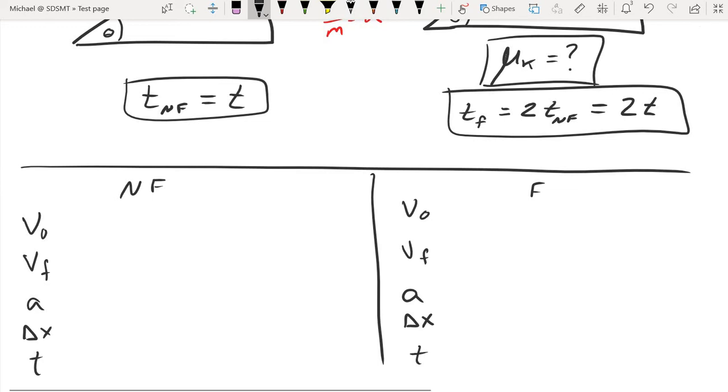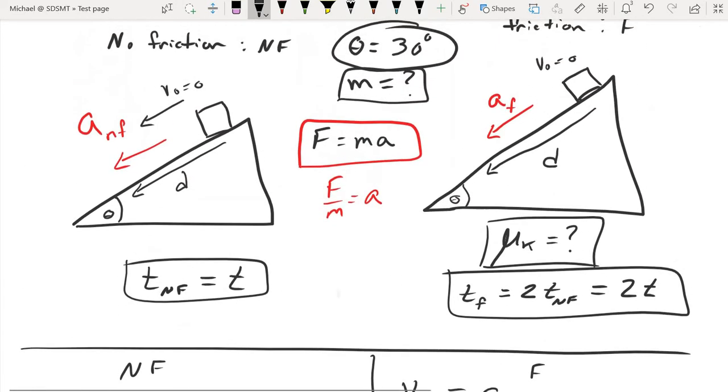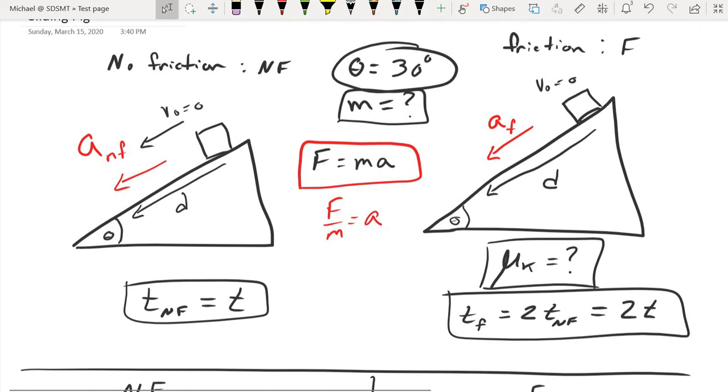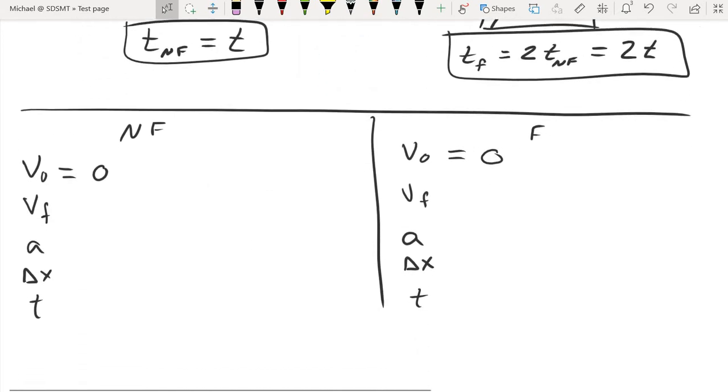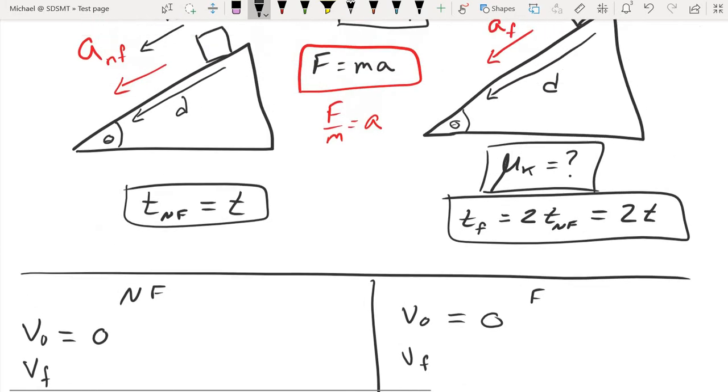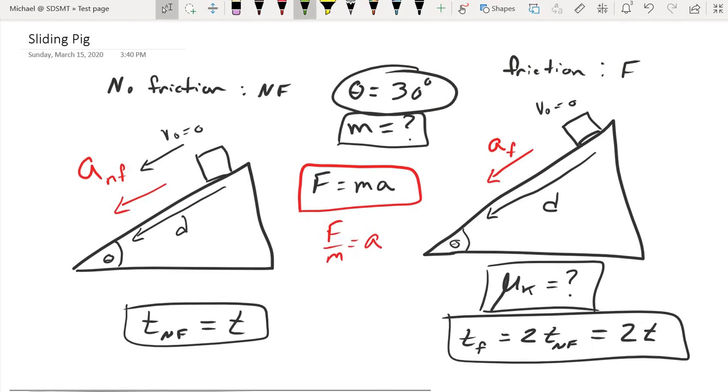Now these values are slightly different because of the friction, but we do know that the initial velocity is going to be 0 in each case. We don't know how long either of the slides were, but we do know that they're the same length. And so I'm going to put in that unknown value of displacement for each of these. And this is, of course, assuming that the pig is traveling in the positive x direction for each